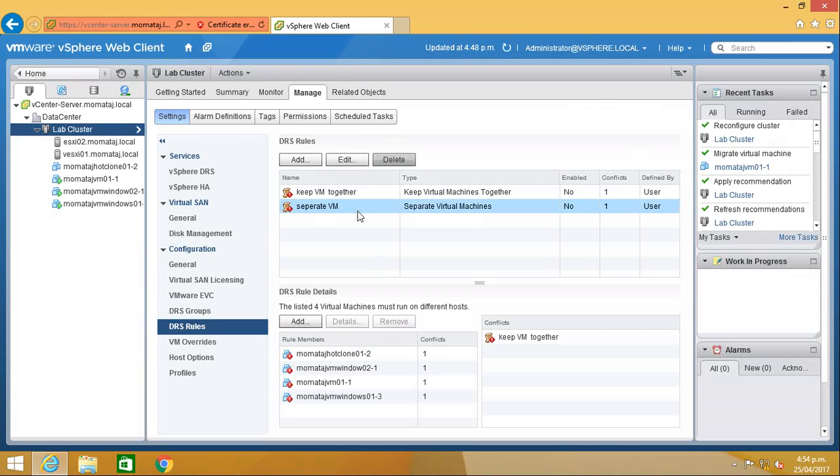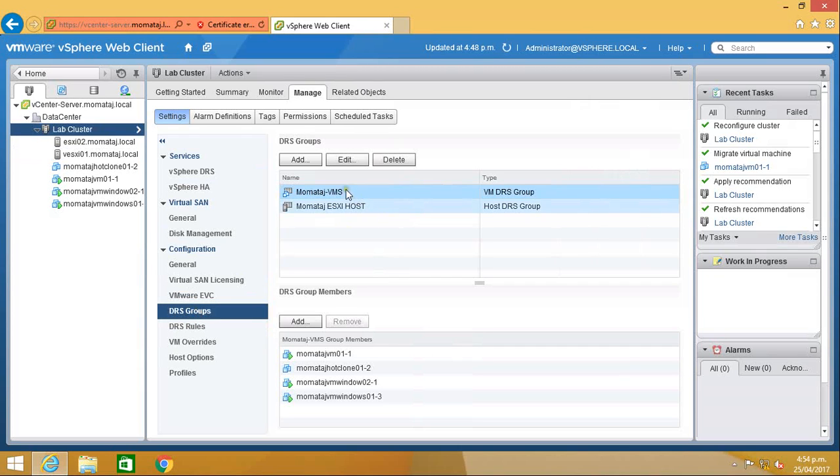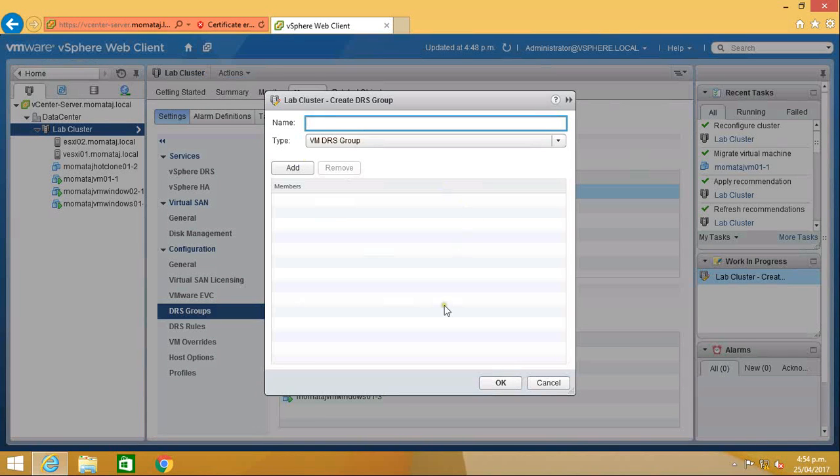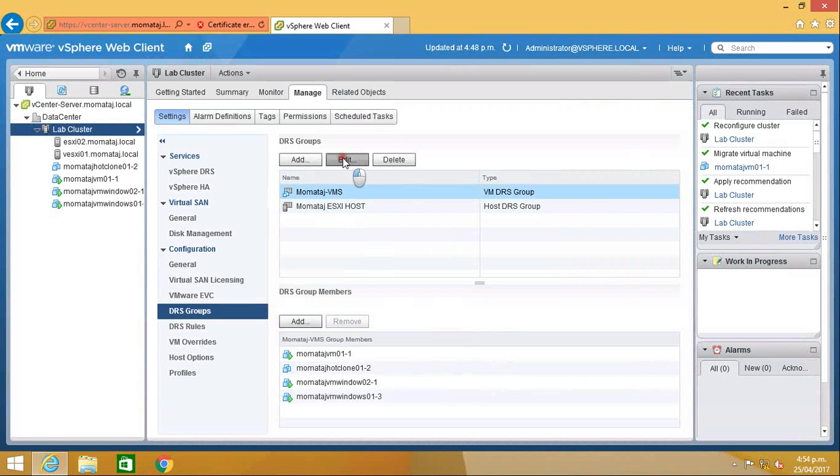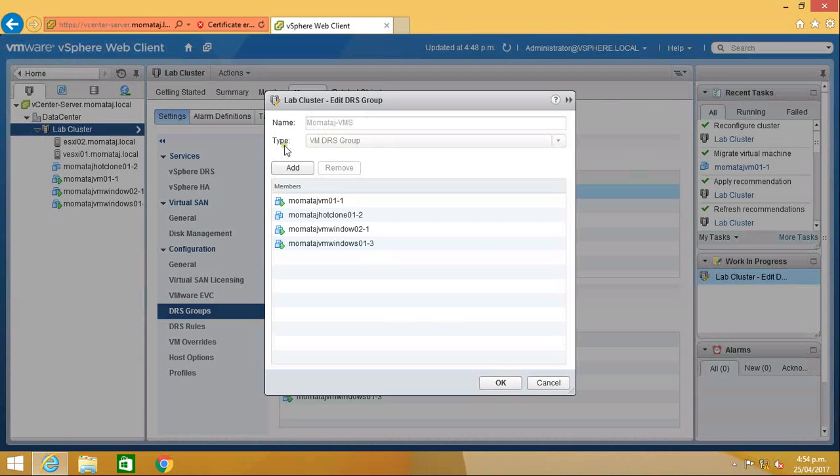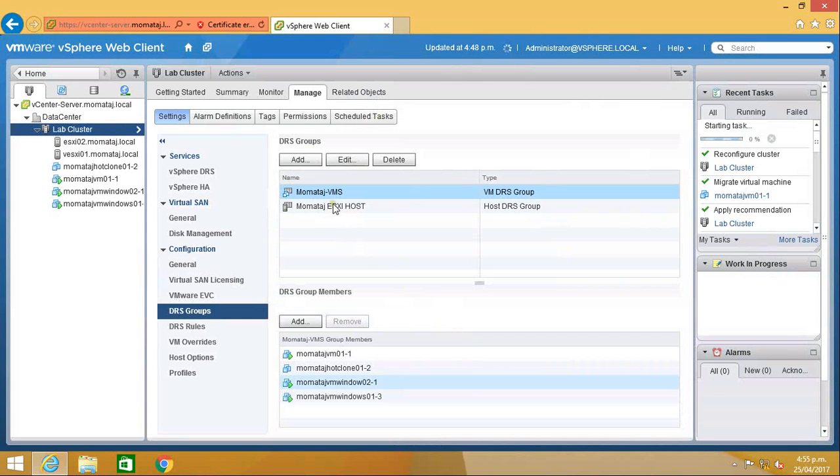Now I'm going to create virtual machine to host affinity. Right, I have to go to DRS groups. Here you can see I already created those groups. One is a VM DRS group, another is a host DRS group. You can add those groups from the add option. I'm showing my settings here. VM DRS group, here the name is VM DRS group. You have to choose the type VM DRS and the objects of your VMs. Okay, and then host